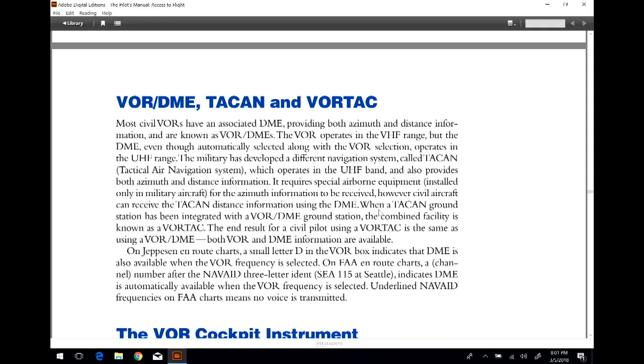Different types of VORs: a VOR, VOR DME, TACAN, and VOR-TAC. This is going to tell you what the differences are. You can have a VOR, which is just like a regular VOR. You can have a VOR DME, which gives you distance measuring abilities. And TACAN, which is a tactical air navigation